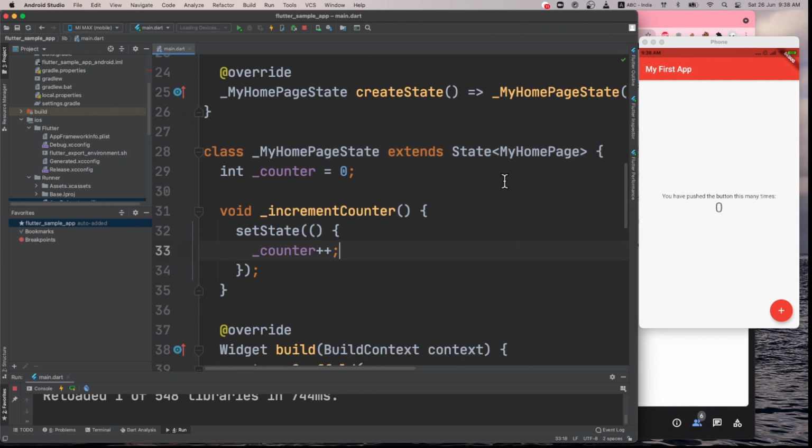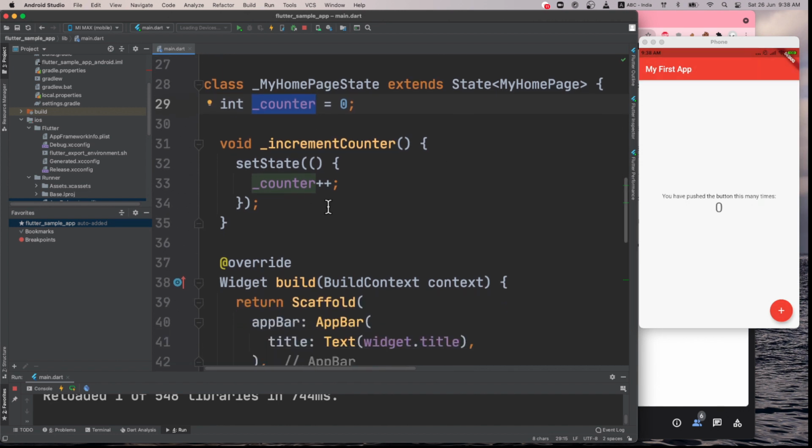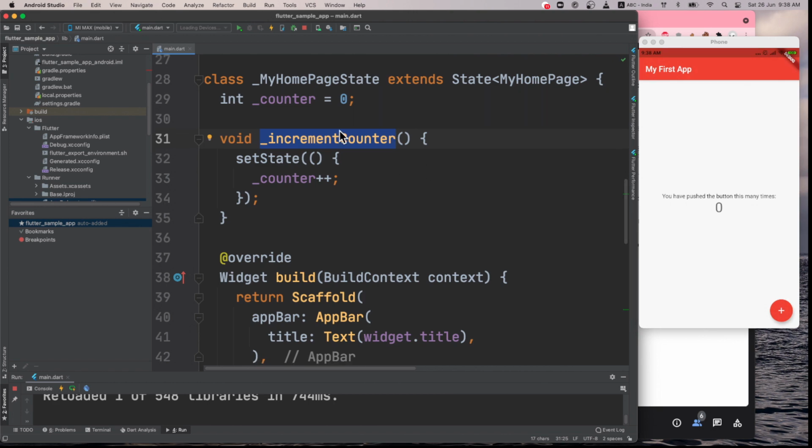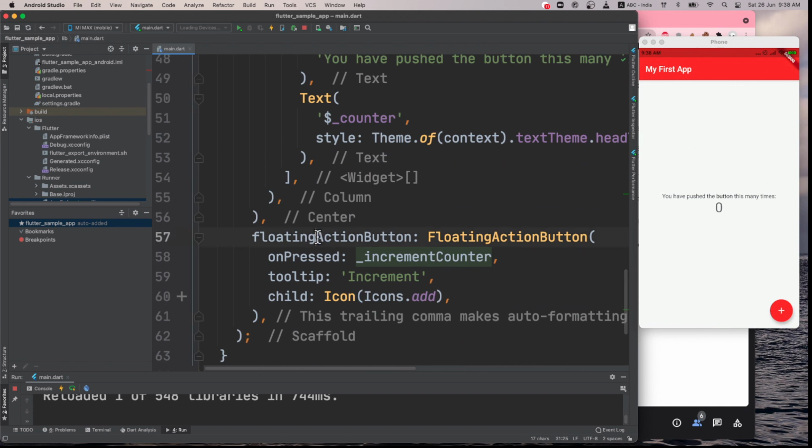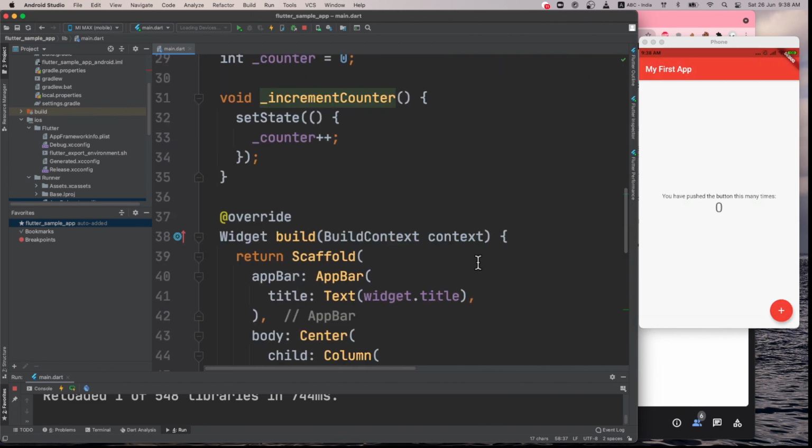For example, in this we have a counter variable that we change by calling this method increment counter. At the bottom there is a floating action button, and on press of this button we call the method increment counter, which increments this value, and then we call set state.